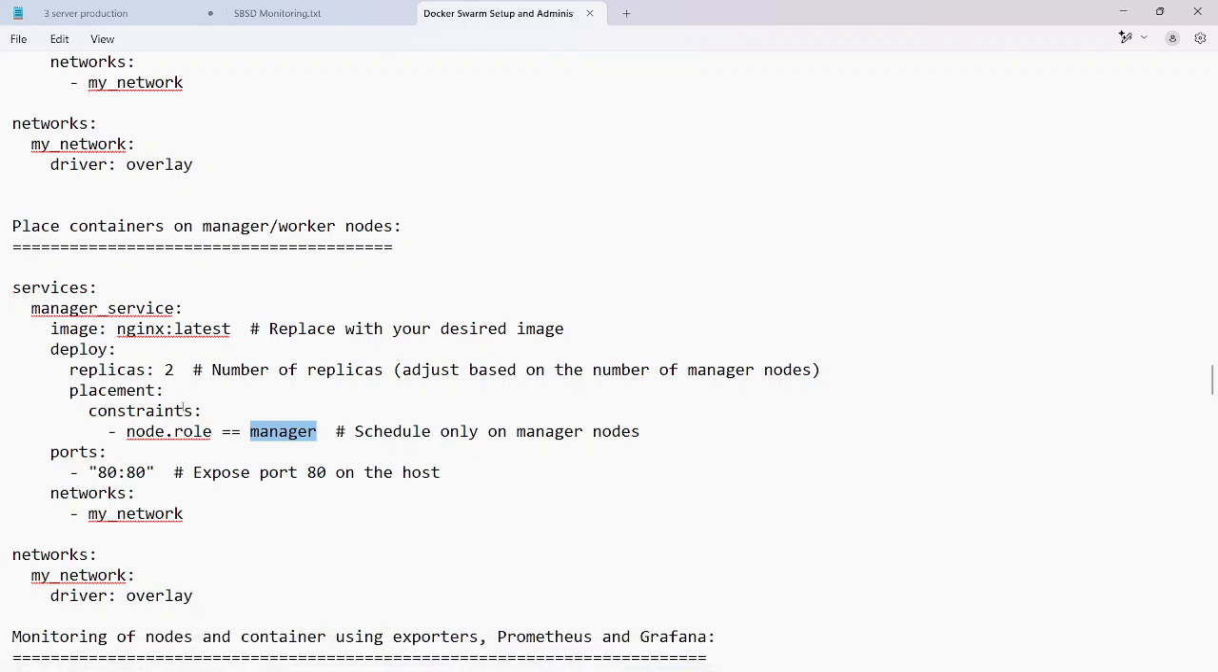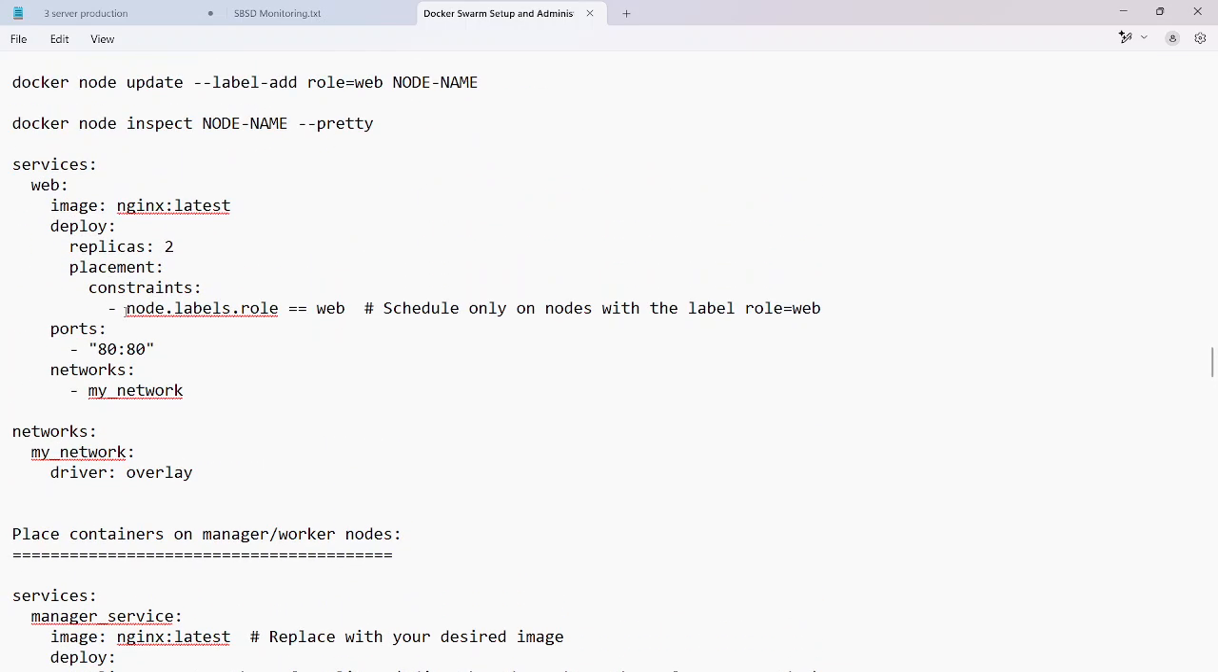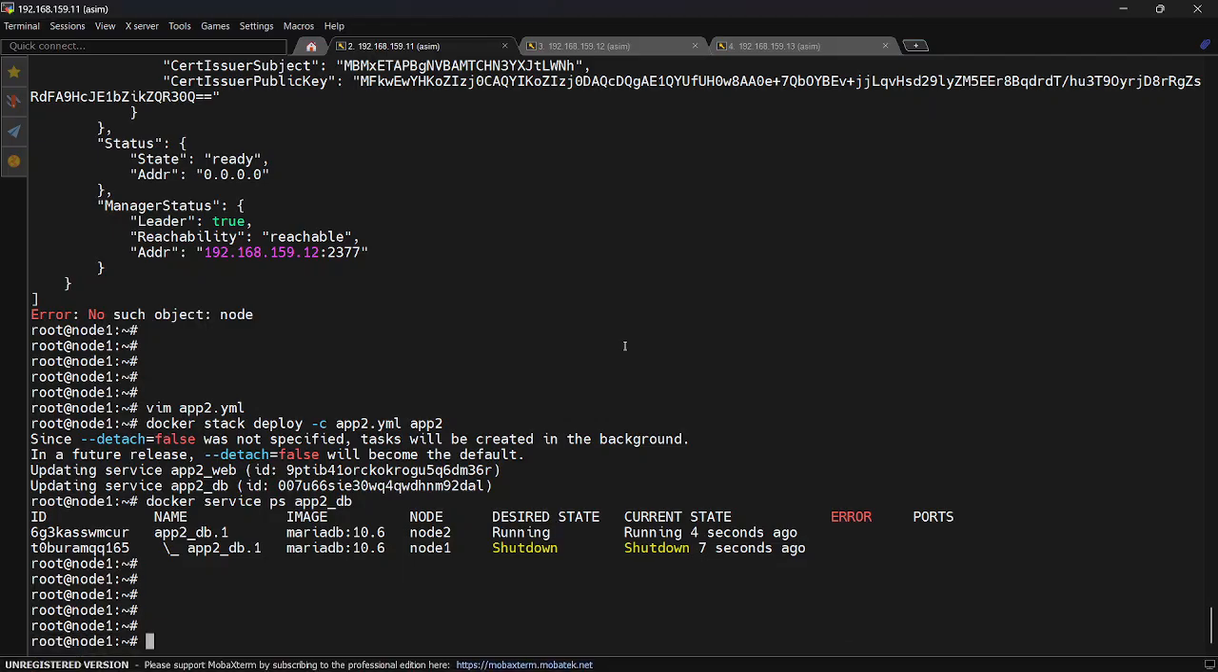But the question is, how does this syntax come about? Its answer is, if we do docker node inspect node 1,